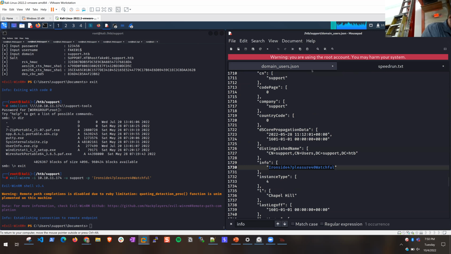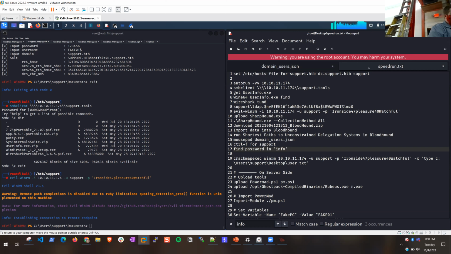Yes, this is another common mistake administrators make a lot: the info field in Active Directory is readable by all users. So you'll see a lot of people put the password in the info field thinking, well, nobody can read this, you have to be an admin. No, you don't. Actually, in one of my shortest pen tests, I got this data, looked at the comment field, and got domain admin on an account because the password was there in the info field. So this happens in real life. All right.